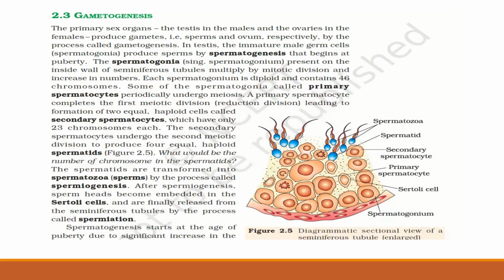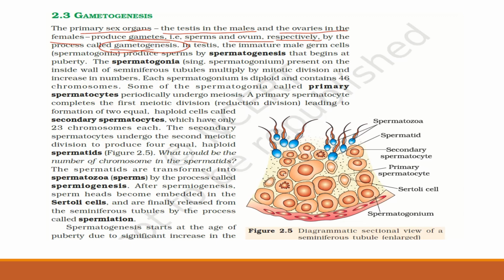So here comes gametogenesis. What is it actually? Now the primary sex organs, the testes in the males and the ovaries in the females. We have gone through both the male and the female reproductive system with their full structure and functions. We know that these male and female reproductive organs are producing gametes, right? So sperms and ovums respectively, by the process of gametogenesis. So what is gametogenesis? It is the process by which gametes or sperms and ovums are produced in male as